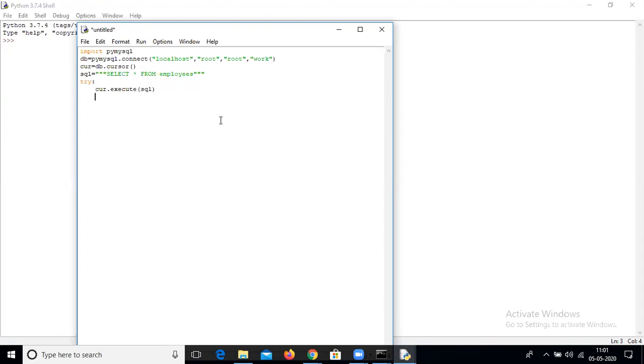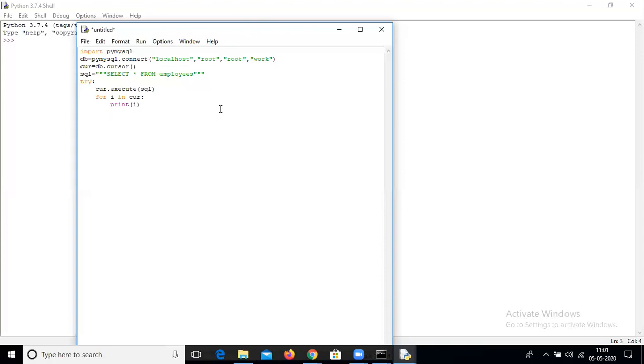We have to fetch it by using a for loop. In Python, a for loop can work as an iterator. How does the iterator work? Like this: for i in cur, then print i. The value inside the cursor can be printed with the help of i.